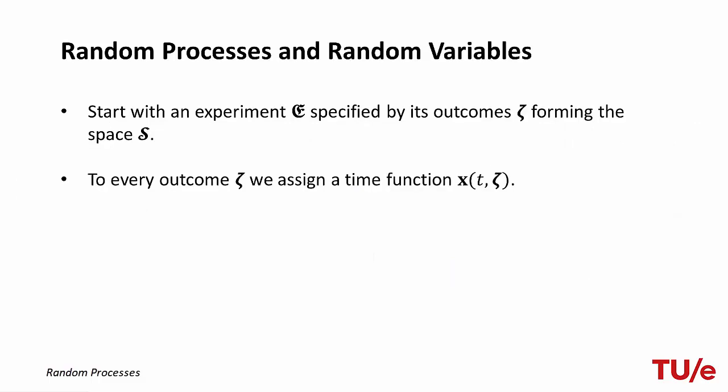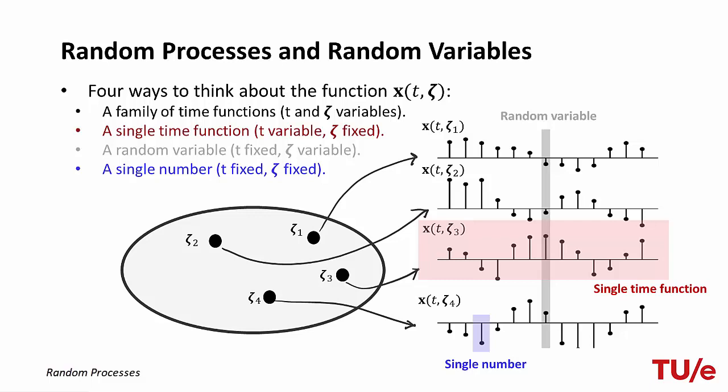After all these examples, we can formally define a random process. We consider an experiment which started with choosing an oscillator in the previous examples. Each choice we make yields outcomes, which form the space S that consists of all possible outcomes. For each outcome, there is a time function that represents time-stamped observations. This time function, as we saw in the examples, can be understood better by considering four cases. First, when both are variables, we have a family of time functions, and that is the random process in its